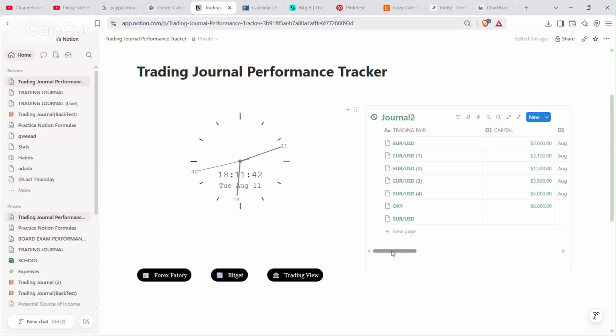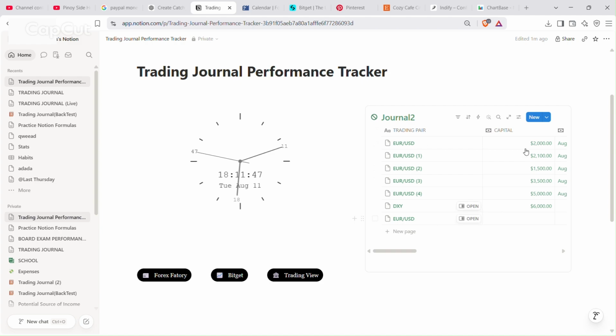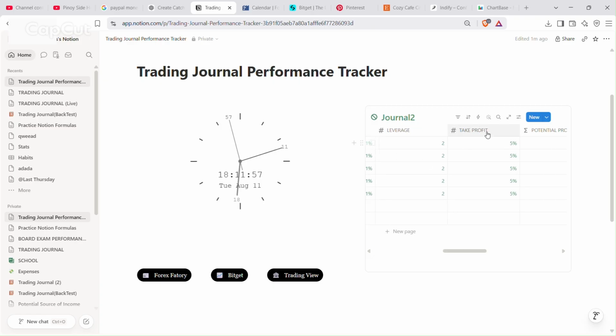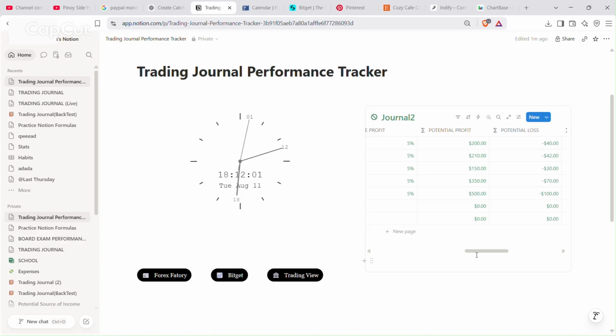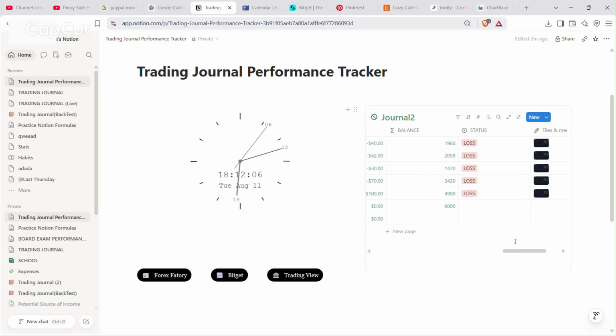So for example, here is how this functions. You just need to put your capital here, the date, the risk, and then leverage, take profit, potential profit, potential loss, balance, status, and then a copy of your screenshots or documents.